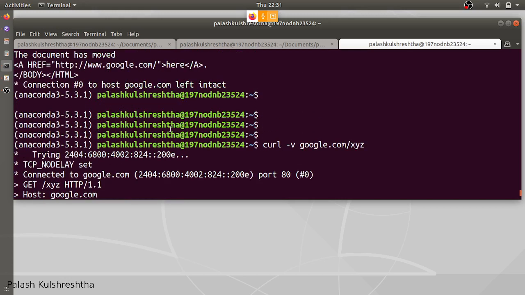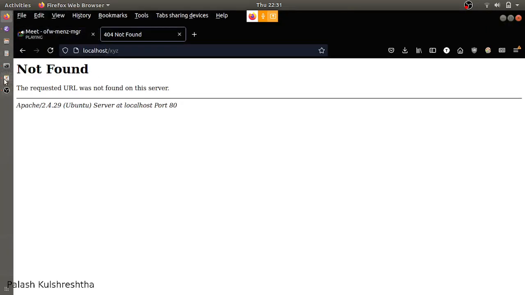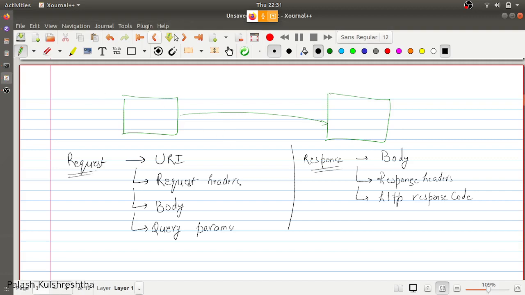So for example, when our API was hitting google.com/xyz, this was returning 404. That's why our server was giving some error.